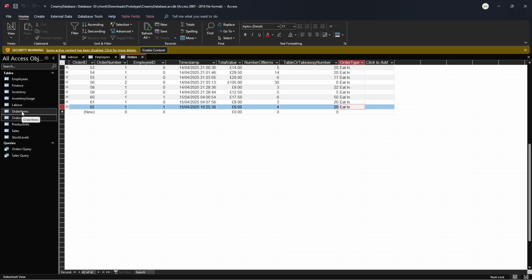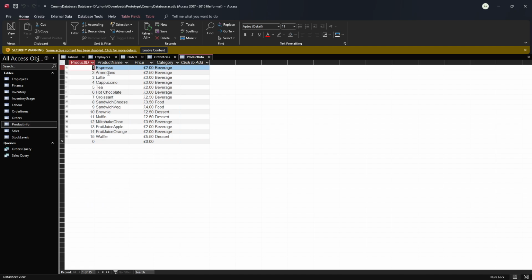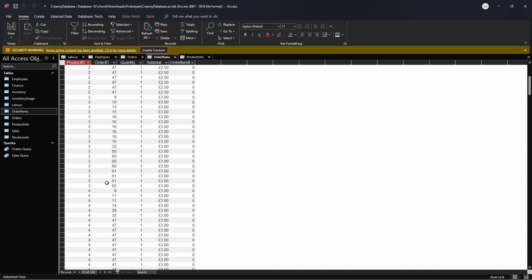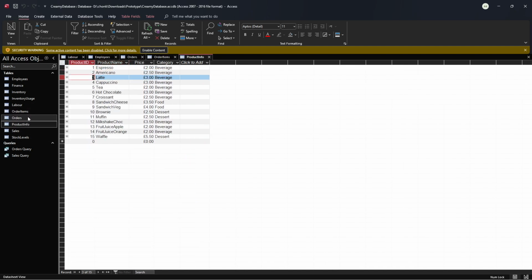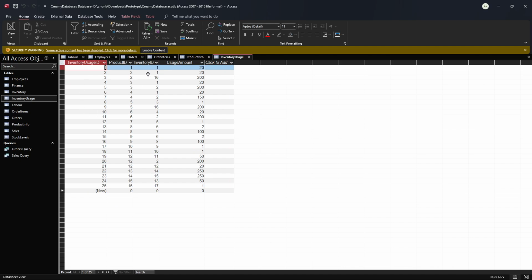Now, if we go to the order items, and we see number 62, number 62 here, you can see that order ID number 62 had a product ID number 2, so that means there was an Americano in there. And it will show again here number 3, which will show you that was a latte in there, and all the items in the order ID will be displayed here. So once the order has gone through, the amount of items in that order will be tracked in here, and the inventory usage will be used